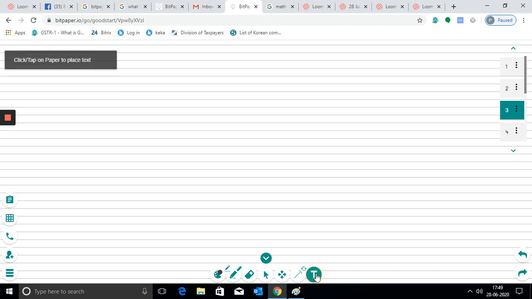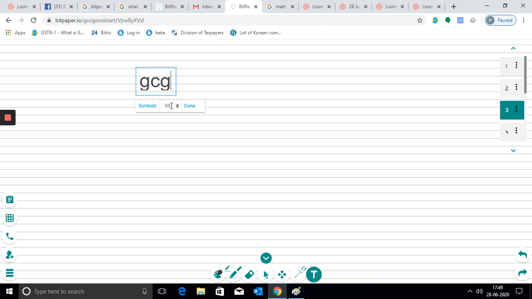You can just type this text. So we can type. You can have a ruled kind of paper.